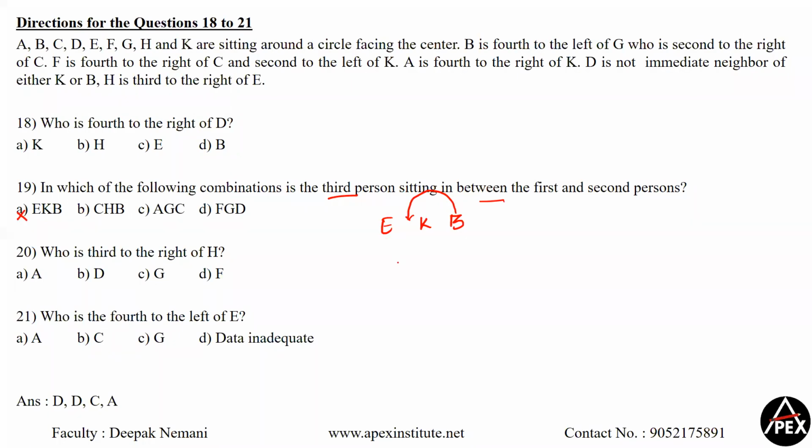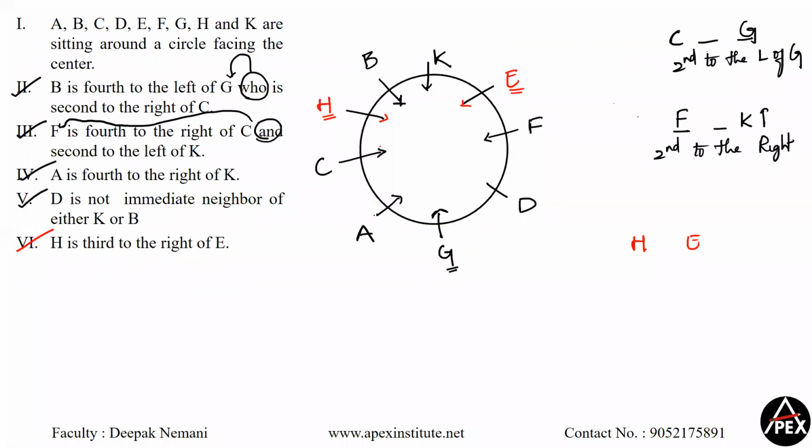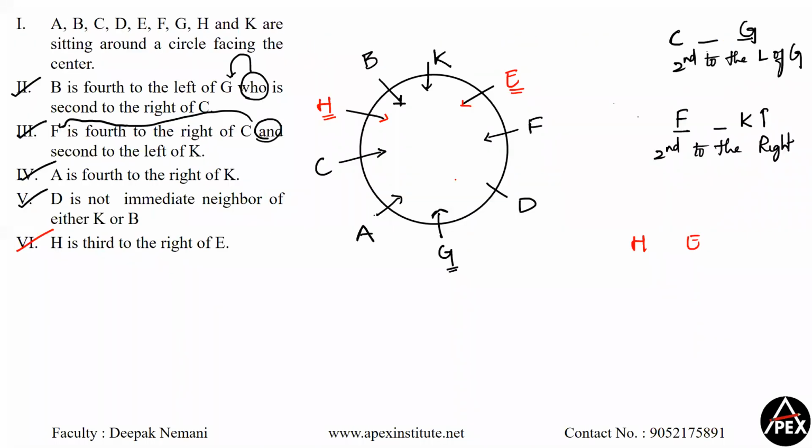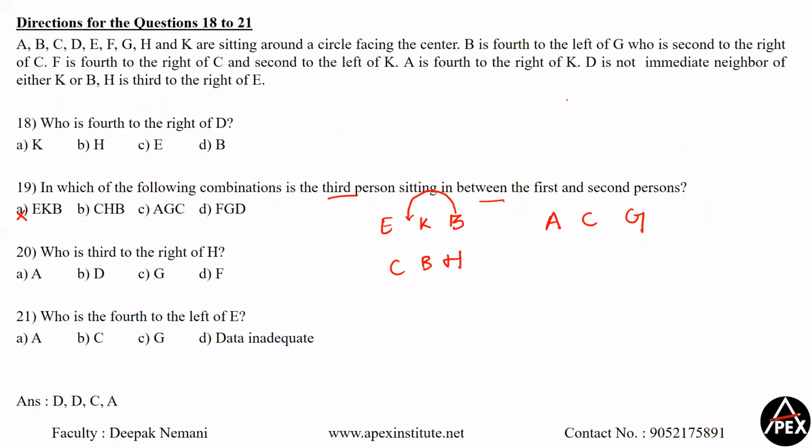Now, it should be CBH. B sitting in between C and H. Do we have that? No. H is sitting between C and B. Okay. AGC. So the third person, C, should be sitting between A and G. Do we have that? No. A is sitting between C and G. Okay. Whereas in option D,